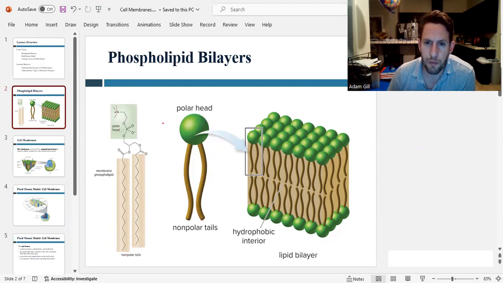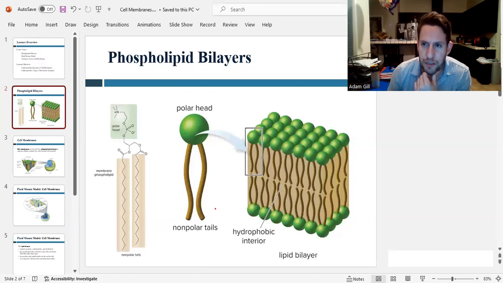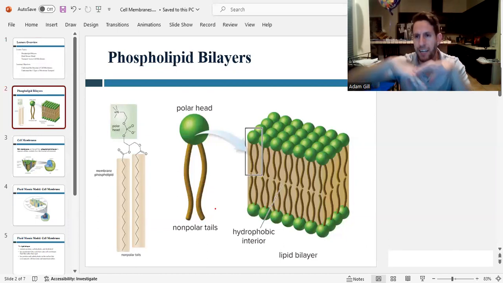Now, when you mix these in water, the nonpolar tails don't want to touch water. And so these phospholipids aggregate together and point all their tails inward, similar to how soap molecules made that micelle, except the phospholipids have two tails, and so they don't really form micelles,